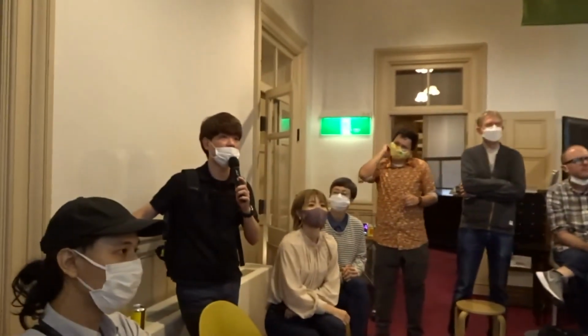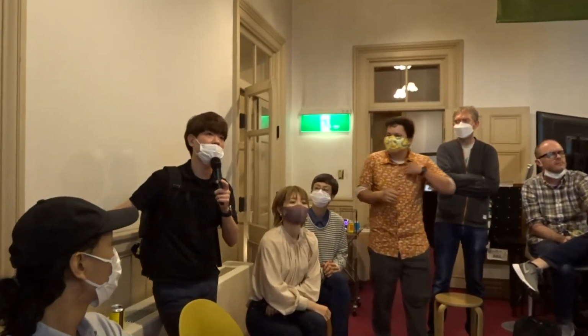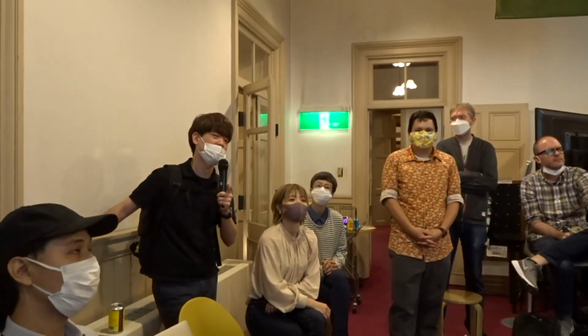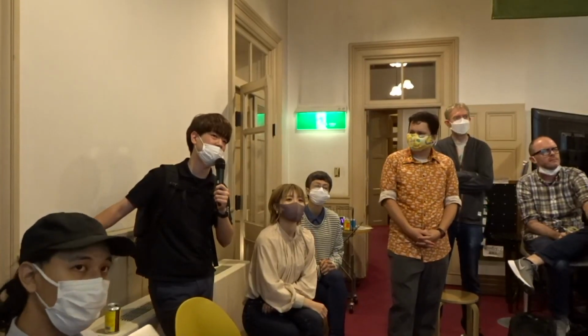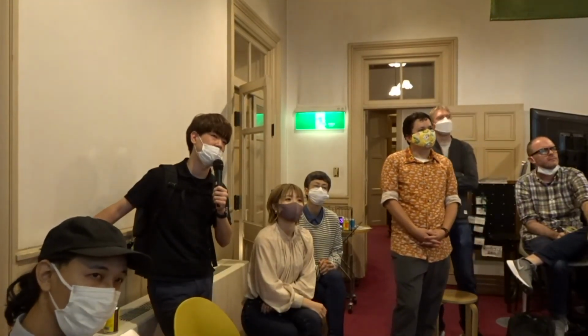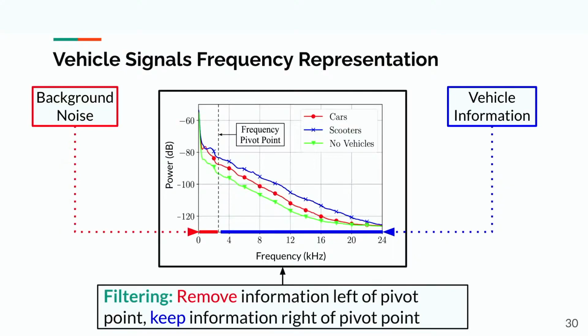I want to ask a simple question. Can you show what the frequency power graph of each vehicle looks like? Yeah. You said the red part is the background noise. How did you define it? By listening to it. Also, in some of the previous research, it's quite clear that if you can get rid of it, you should get rid of it.